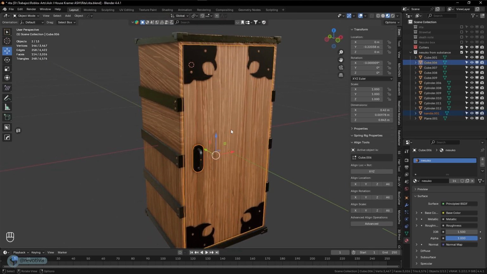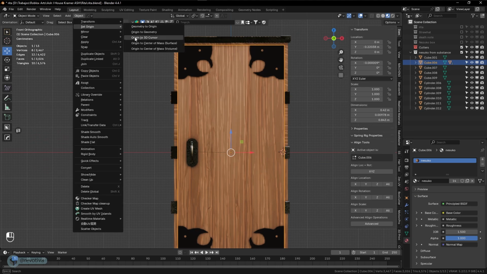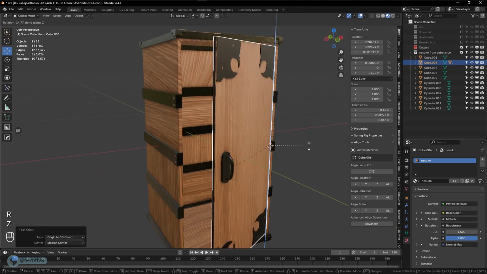Select this one and the door, press Ctrl P and set the parent to the object. The same for this, and select the door, press P, object. So when you select the door you can move it, but right now you have to change the origin point. So press right click here, go to object, set origin to the 3D cursor, and right now you press R and C, you can open and close the